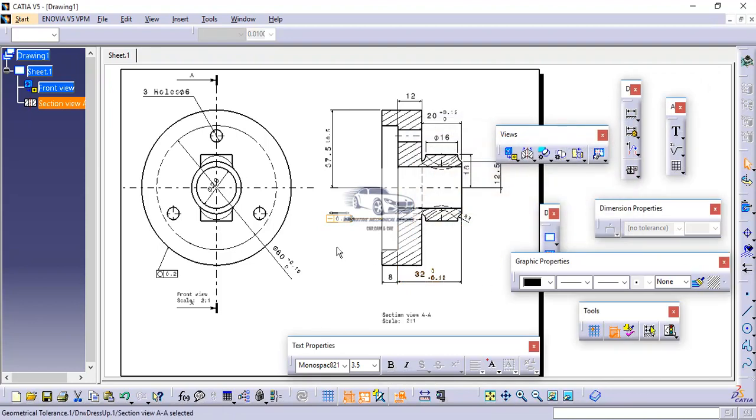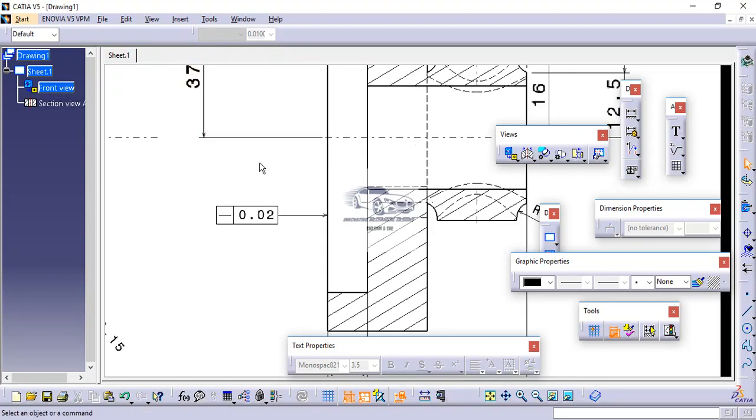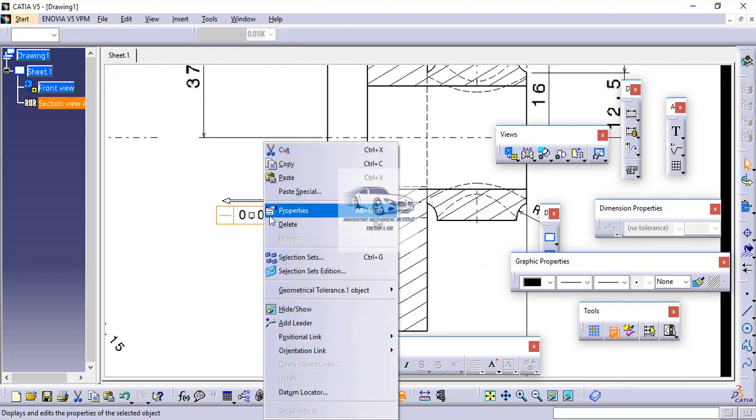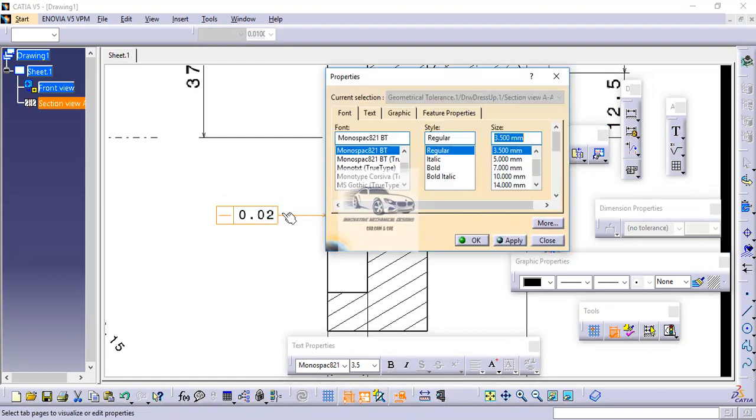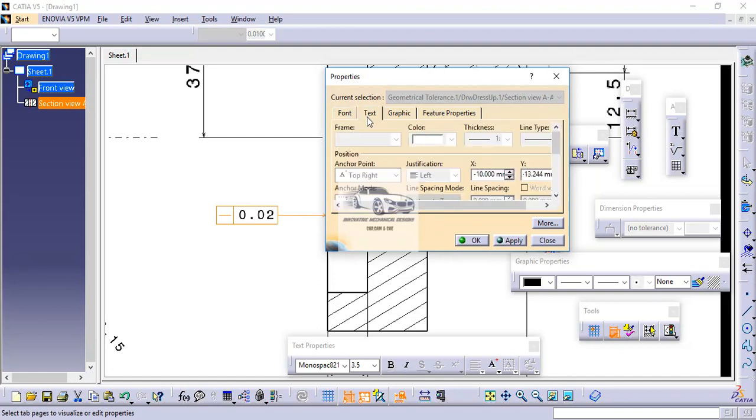Suppose you want to edit the properties of this particular geometrical tolerance symbol, what you can do, just select that symbol, right click and then you can go to properties, and in properties you can edit its different fonts and text from here.